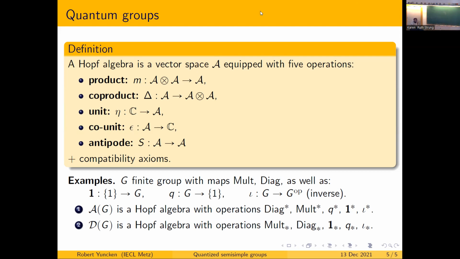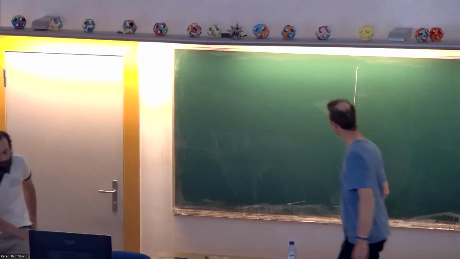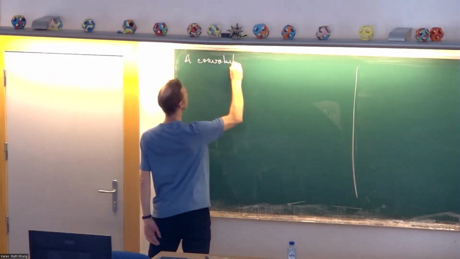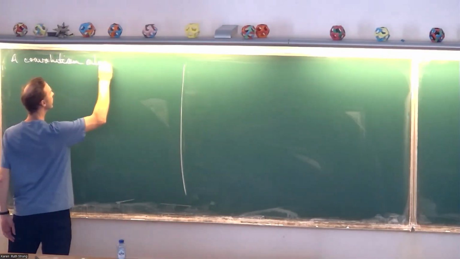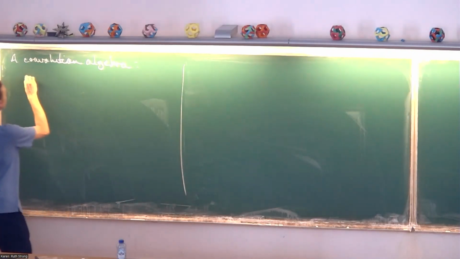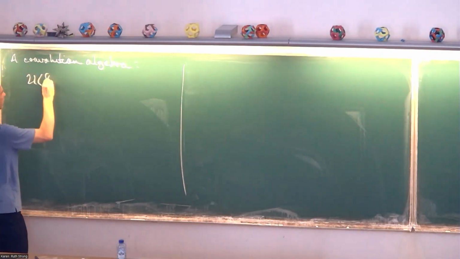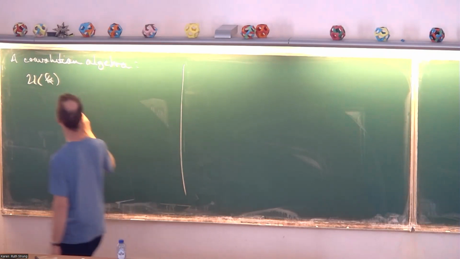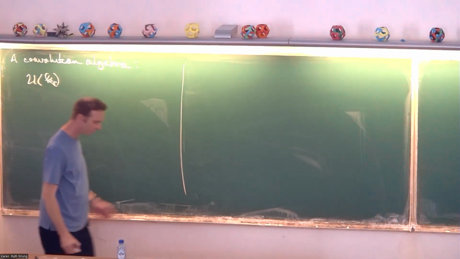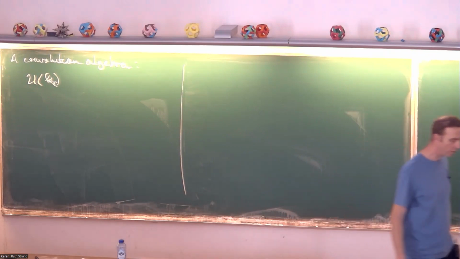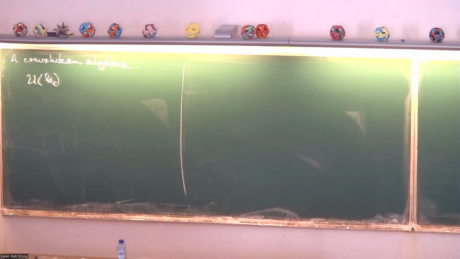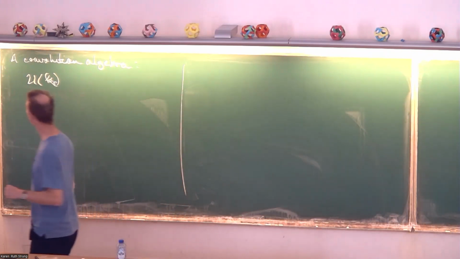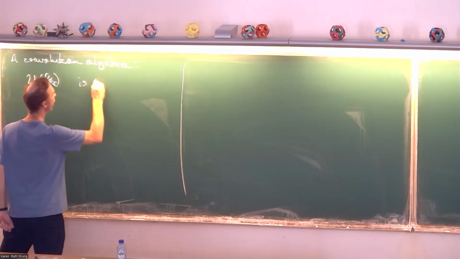I'm going to move to the blackboard. So as I said, the universal enveloping algebra is an algebra of distributions supported at the identity element. And it's given by convolution. It's got a product given by convolution. And what's more,